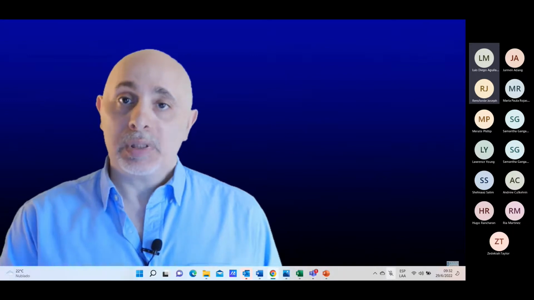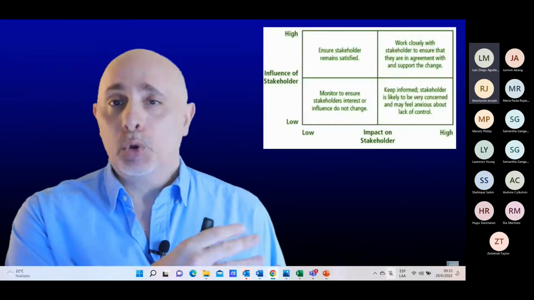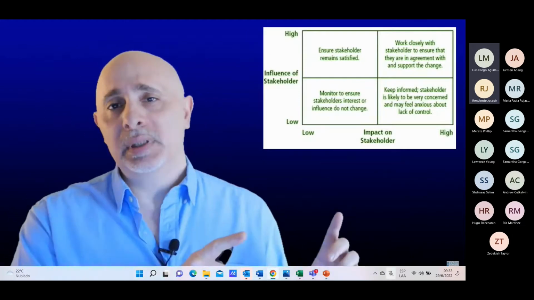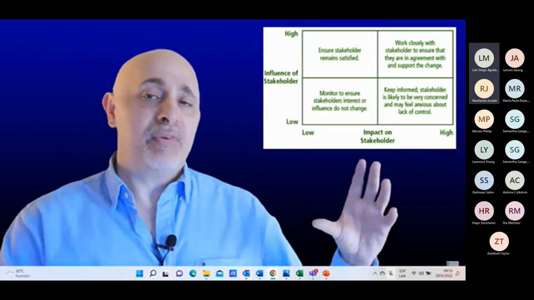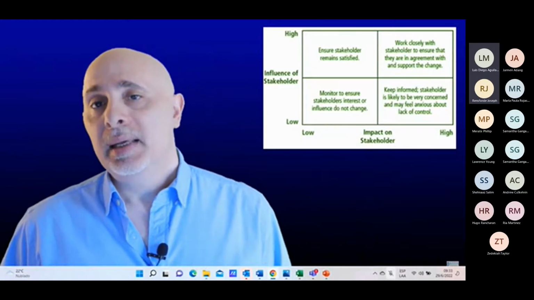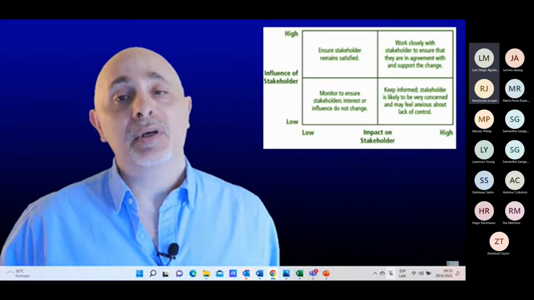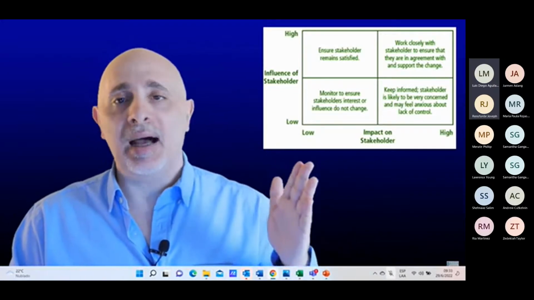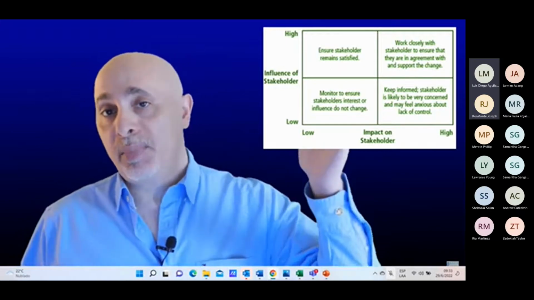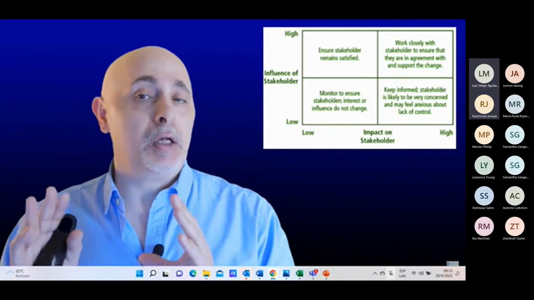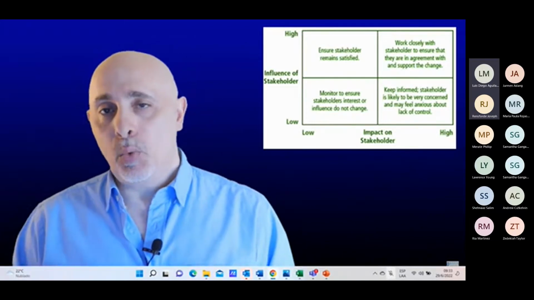Now, one of the tools that we use is called a stakeholder matrix, or stakeholder grid, or a stakeholder map. It is four quadrants showing you the level of importance of the stakeholder. Not all stakeholders are going to be important. This is mapping them based on their level of interest in your initiative and also the level of power that they have. Mind you, the people that have a lot of power and a lot of interest, these are the people you really need to pay close attention to their needs and wants.